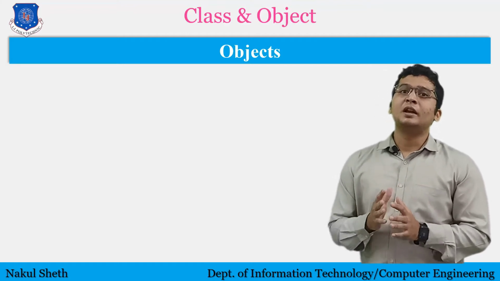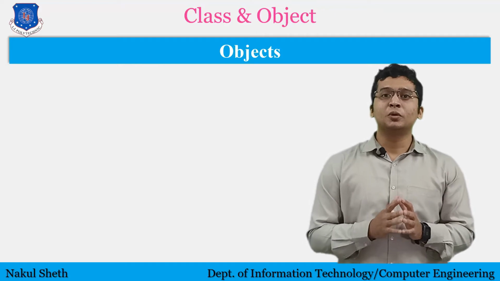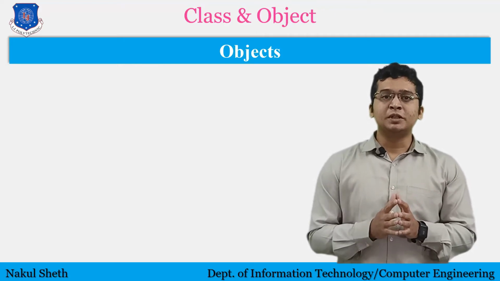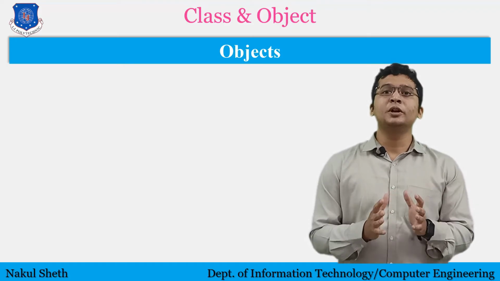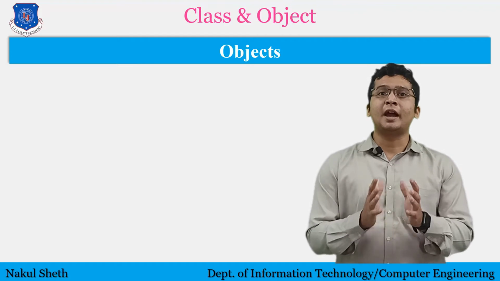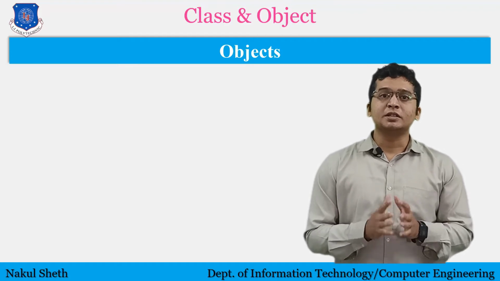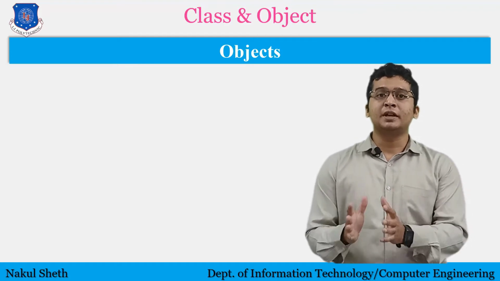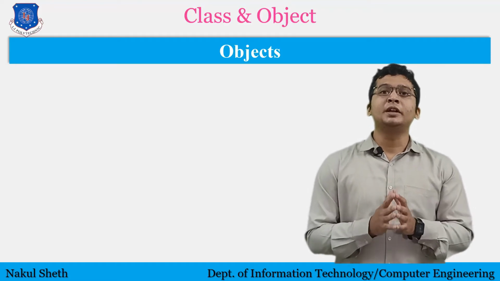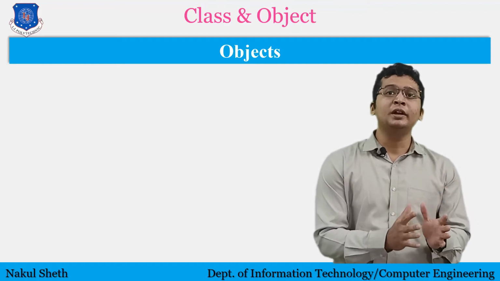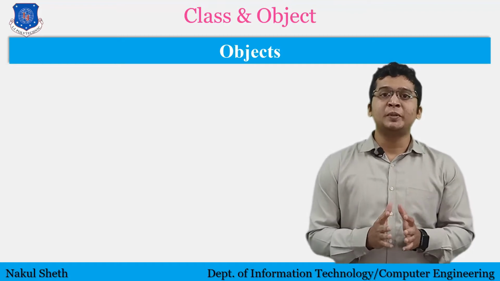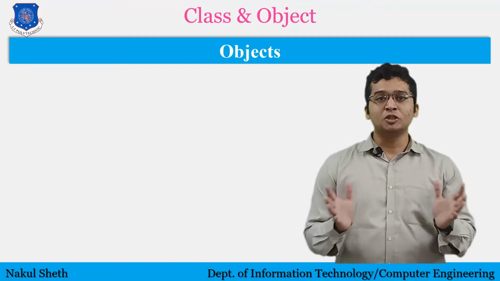But first, let me discuss some important rules to declare an object in Java. To declare an object, we need to follow some important rules, which we follow when initializing an identifier. An object name must start with a character. Then an object name should not contain special characters except dollar and underscore. Then you cannot use white space to declare an object, and so on.